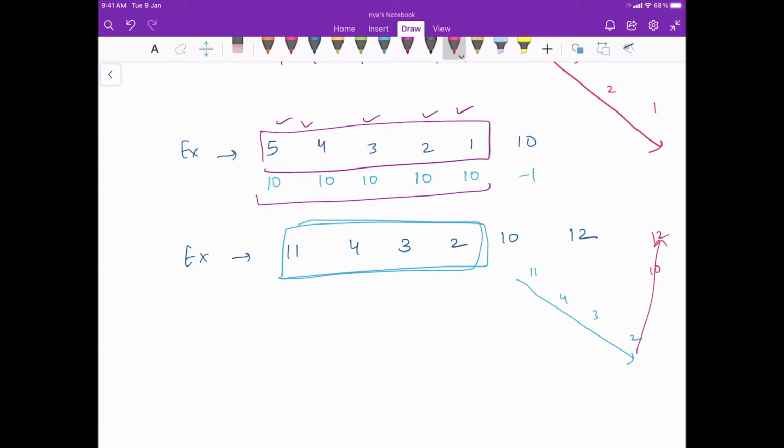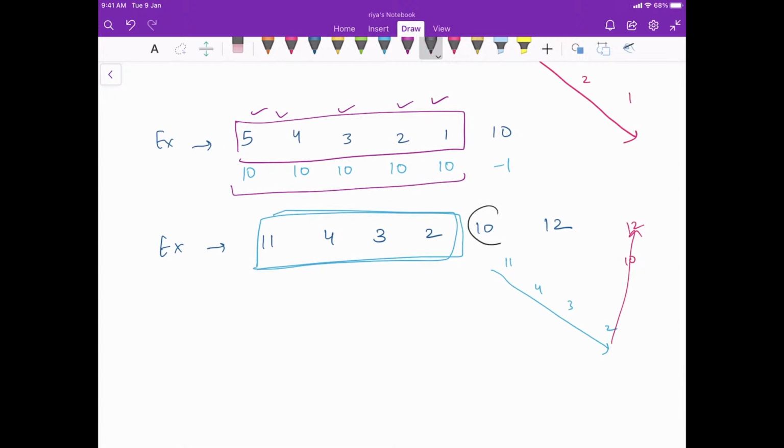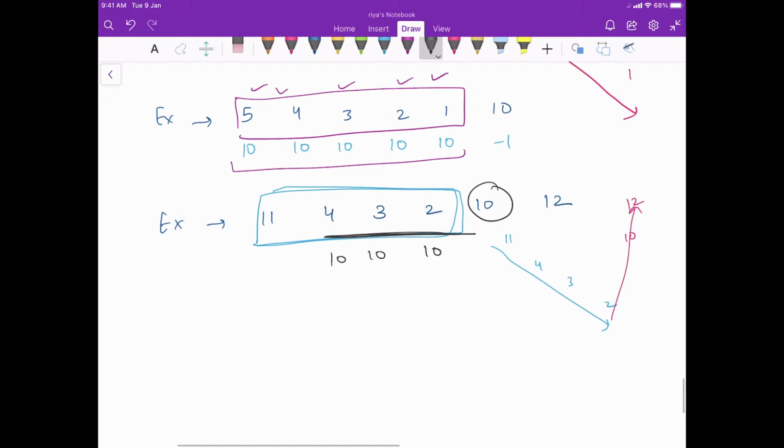That basically means that for all the elements less than 10 here, the answer is going to be 10, 10, 10, and simply I put it.